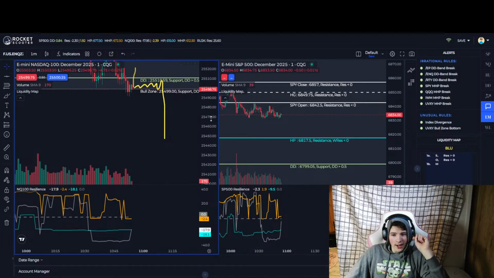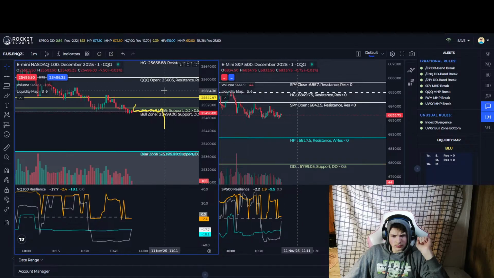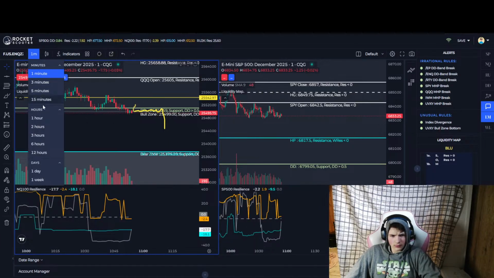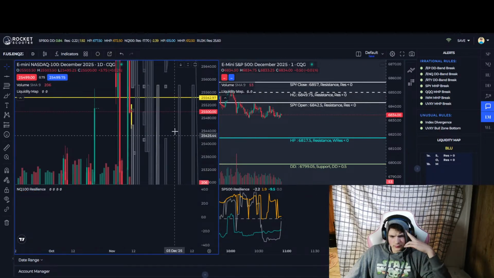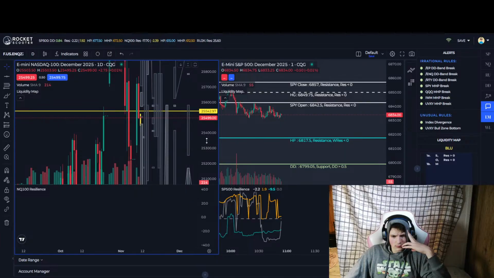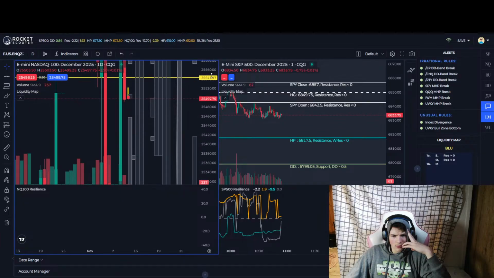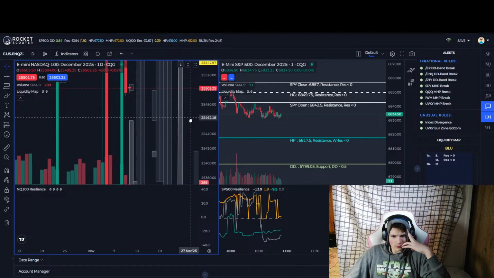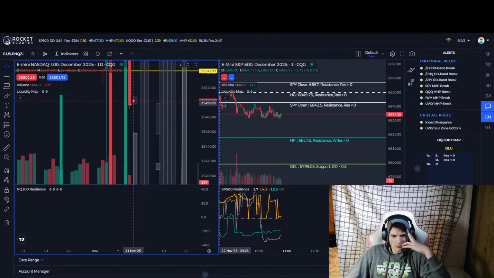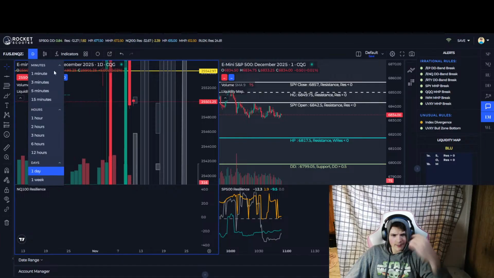Like the market will die today. I don't know why the candle is like that.